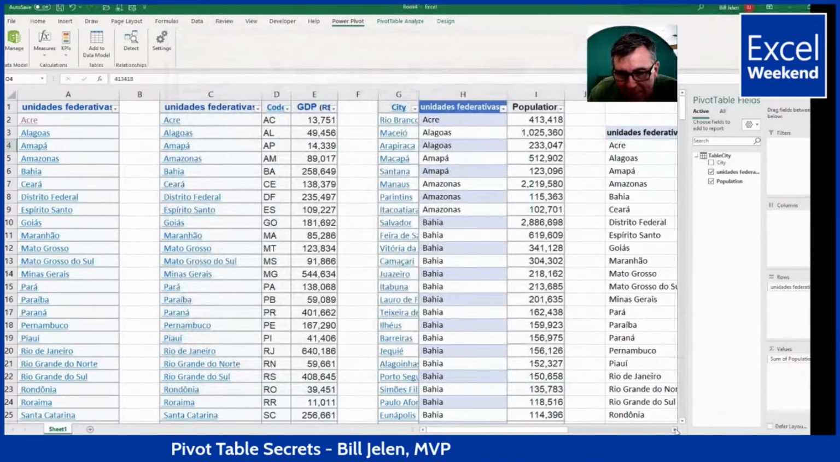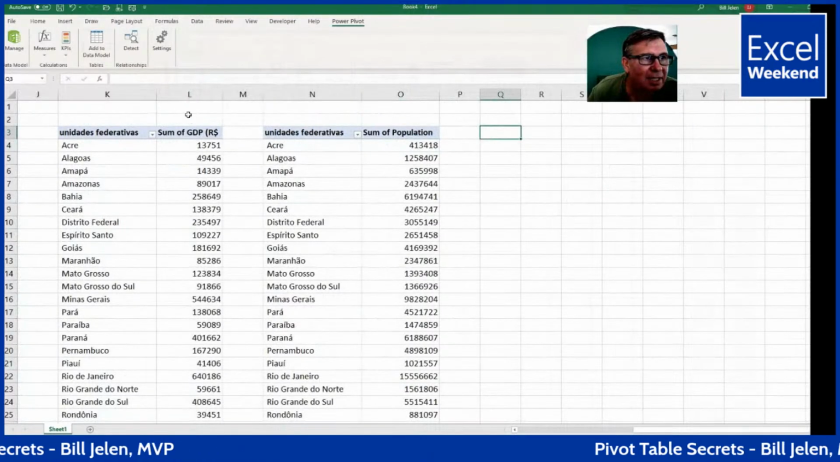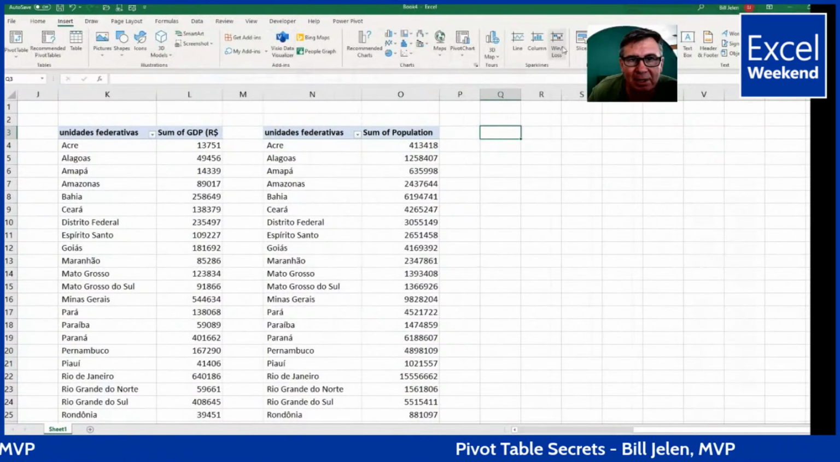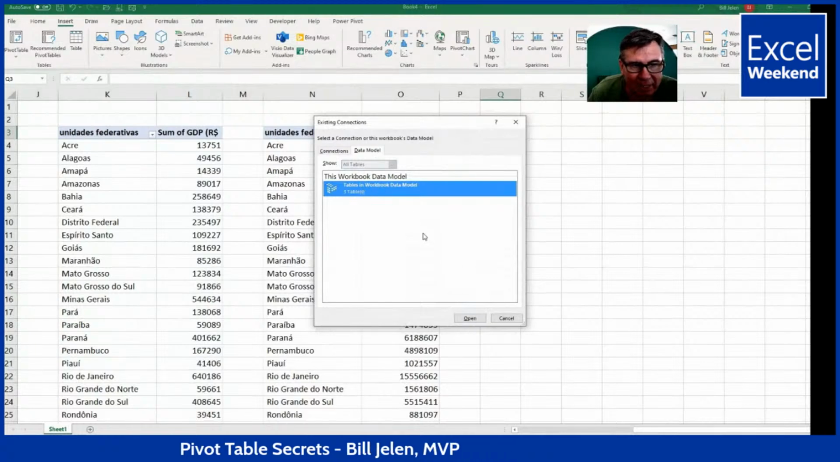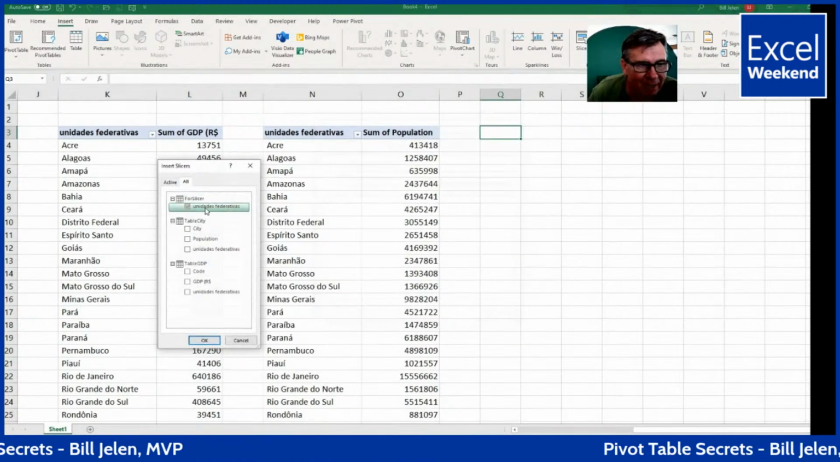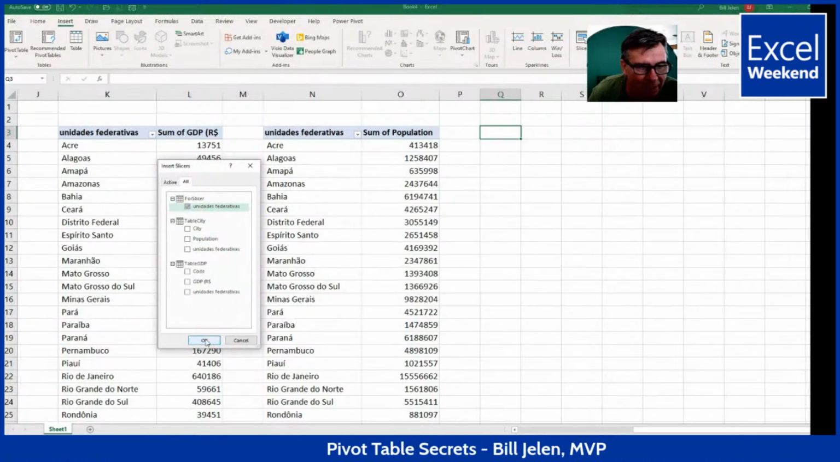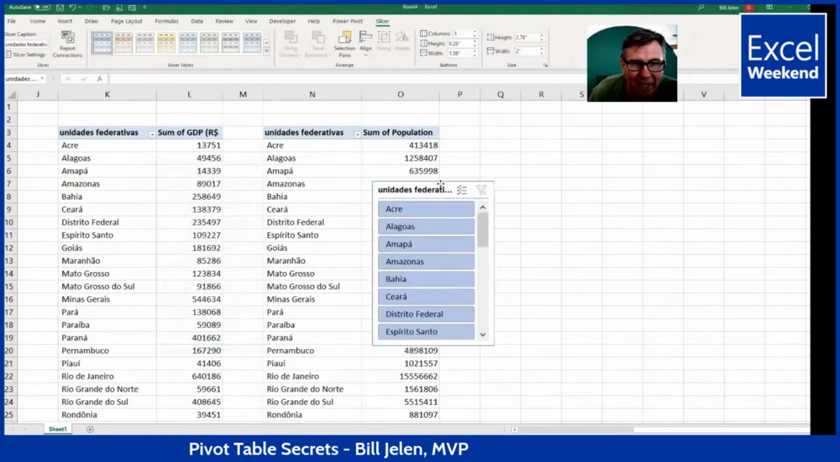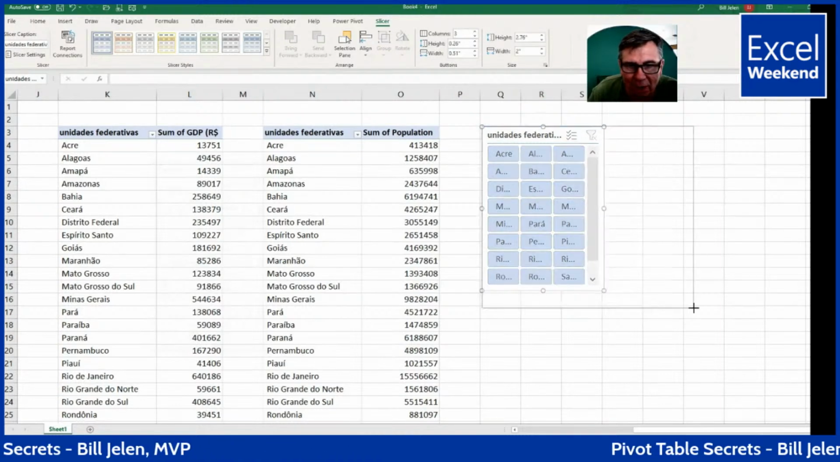So we come out here, insert, slicer, and go to the data model. We have three tables in the workbook data model. I'll choose open. Choose the states from the slicer, not from table city or from table GDP. Click OK. All right, now customize this a little bit here, maybe 3 columns, make it a little bit wider,